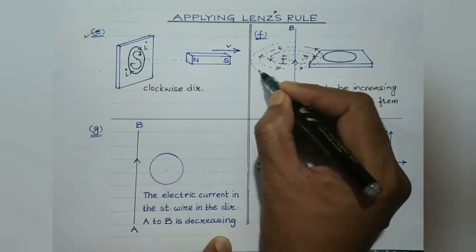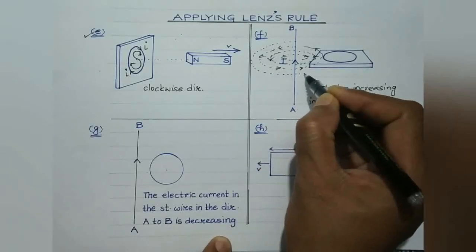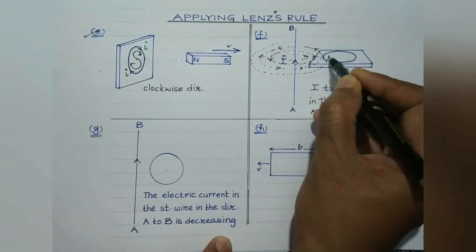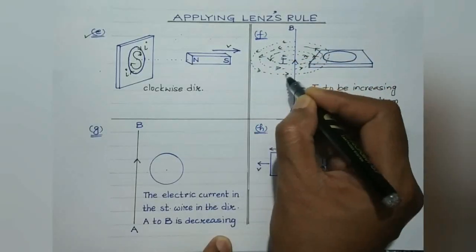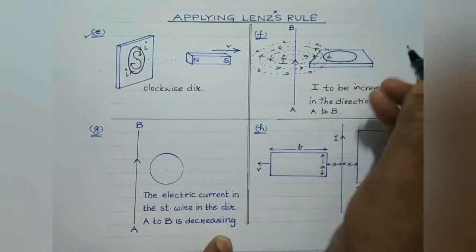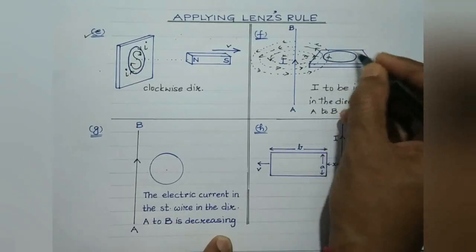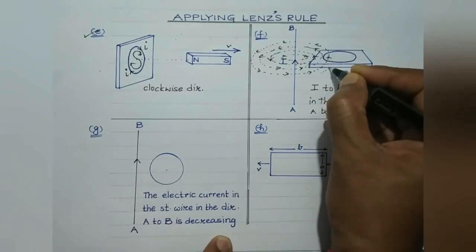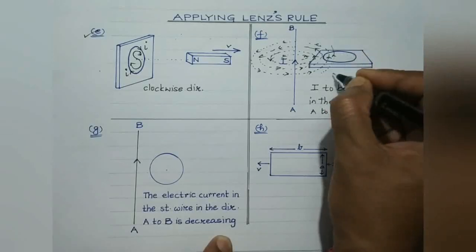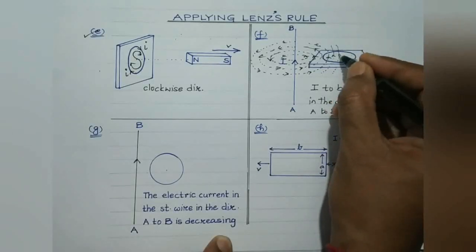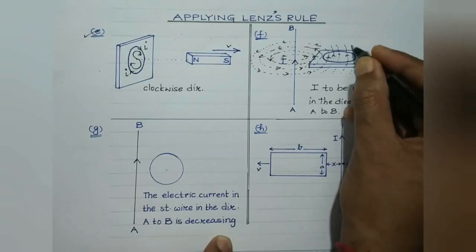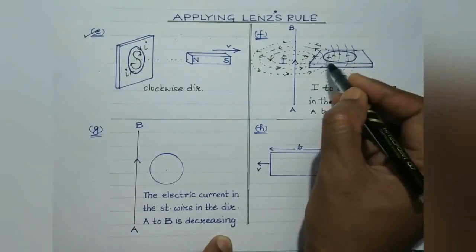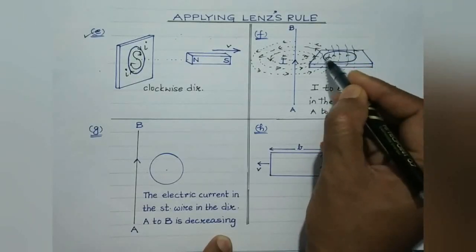Magnetic field lines due to a current carrying conductor are in the form of continuous closed loops like this. Right? So in the plane of this loop, the magnetic field lines due to the straight conductor would be somewhat like this. So magnetic field lines will lie on the plane of the loop.